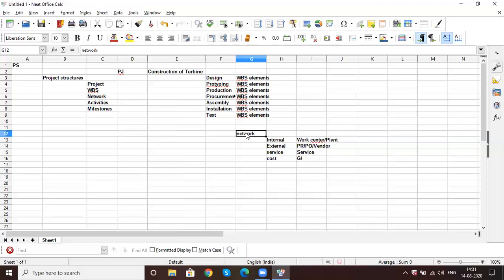Okay, sir, you can continue. So internal, external service and cost, you are going to define as activities. Again, for example, we discussed initially that we have multiple kinds of projects. One is the investment project, one is a customer project, and one is an overhead project. The investment project is where you will only incur a cost.